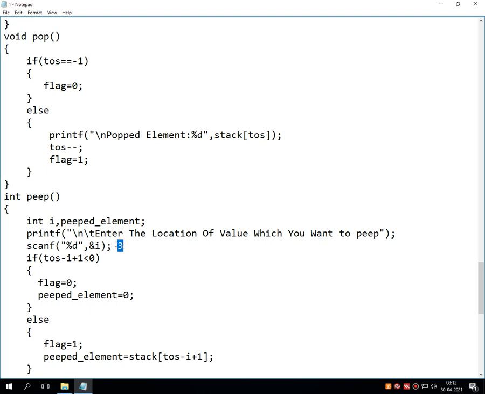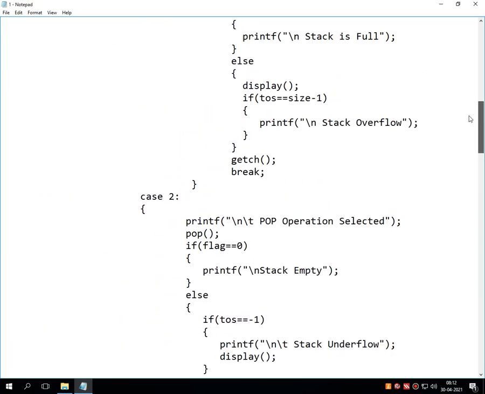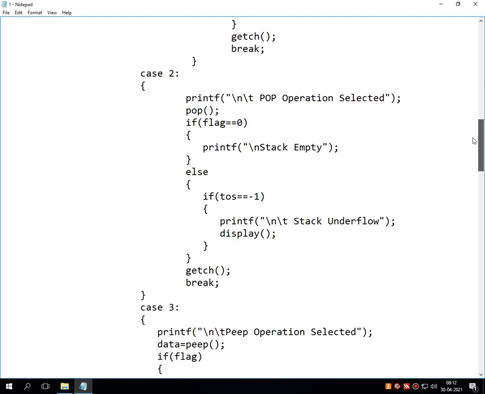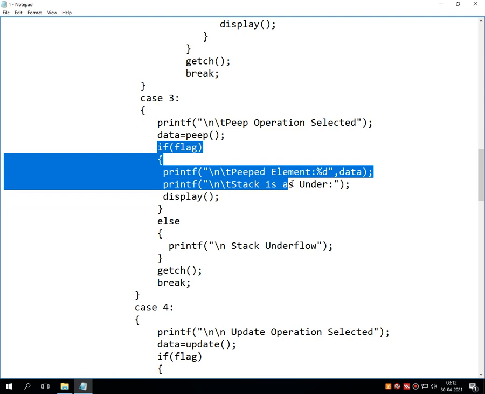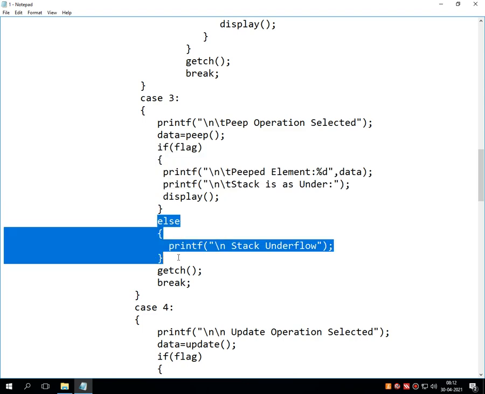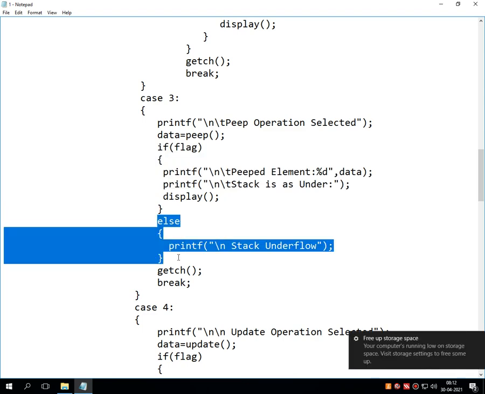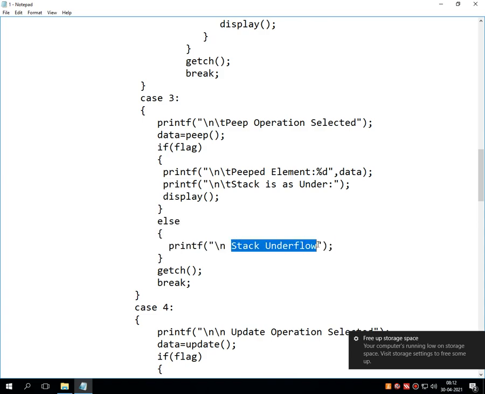If it finds this location to be a negative value, then it sets the value of flag and peeped_element as 0 and returns into the case statement, where I have mentioned a logical line that the value is not found in the stack and the stack is underflow.